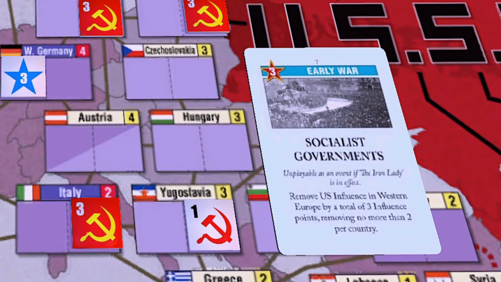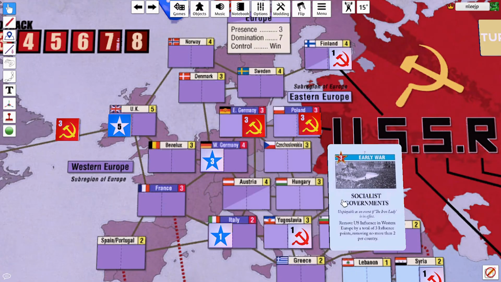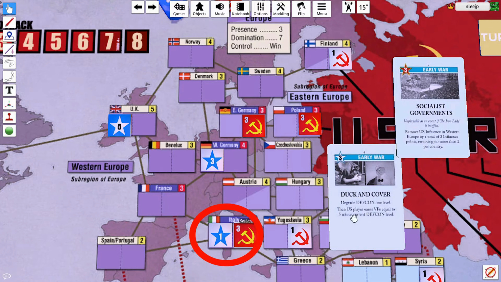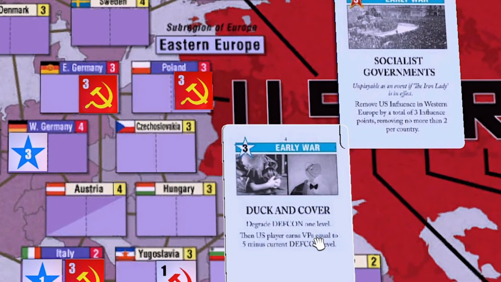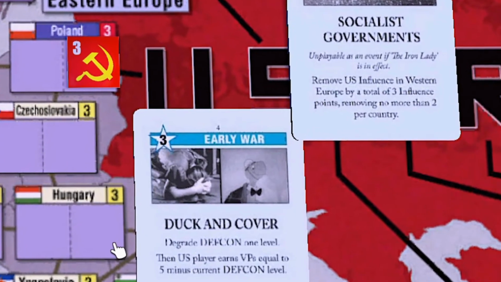And this is true even if you are playing the US with an extra op at the start, as that extra op usually goes to reinforce Iran, not Italy. A great follow-up to a headline of Socialist Governments is Duck and Cover. The reason for this is that in a standard USSR setup with an influence in Yugoslavia, after playing Socialist Governments, you can just place the 3 influence in Italy, and because the DEFCON drops 1 level, that is protected from a counter coup on the part of the US. And the victory point sacrifice at that DEFCON 5 is only 1 victory point, so the cost is quite low